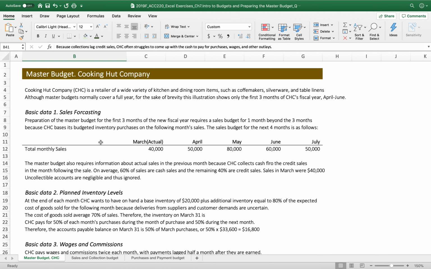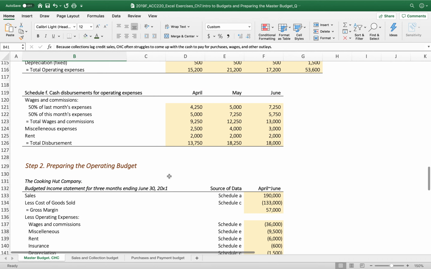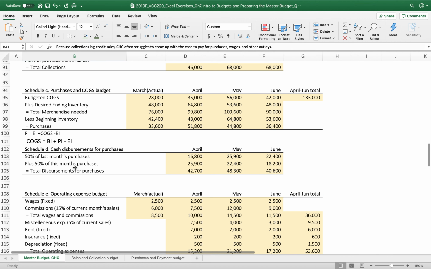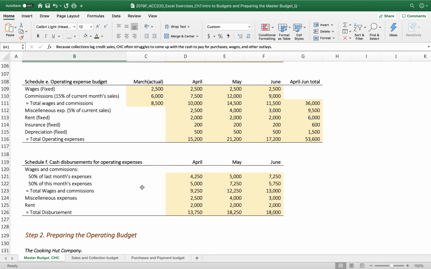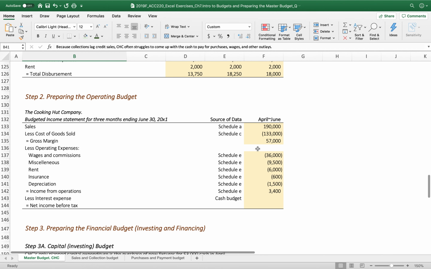We'll continue to work on the master budget construction with the Cooking Hut Company case. In the video clips, we finished creating the sales budget, cash collections, and the purchases and cost of goods budget, with cash disbursements for purchases, and the operating expenses budget and cash disbursements for operating expenses. Based on this, from Schedule A to Schedule F, we created the budgeted income statement for three months,